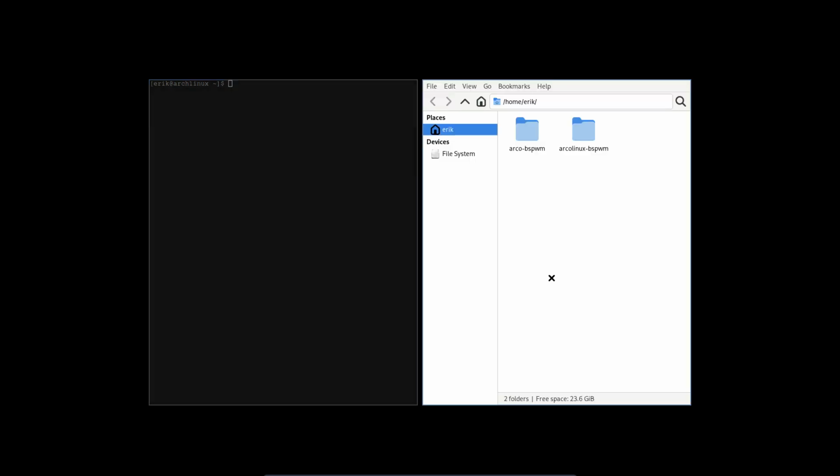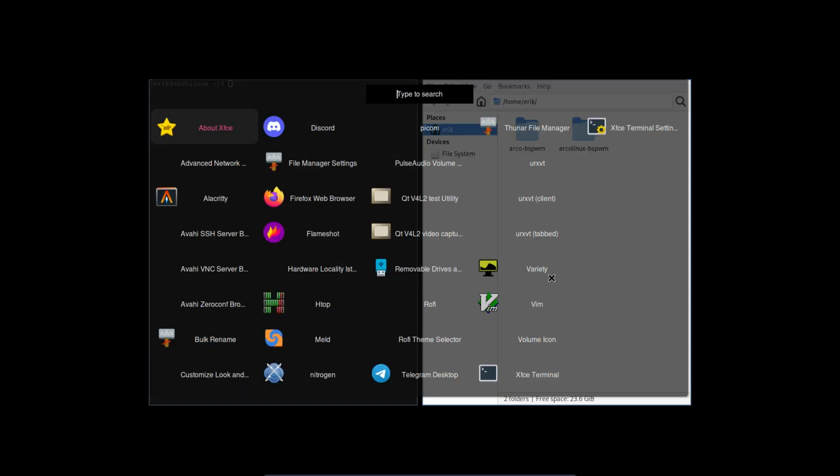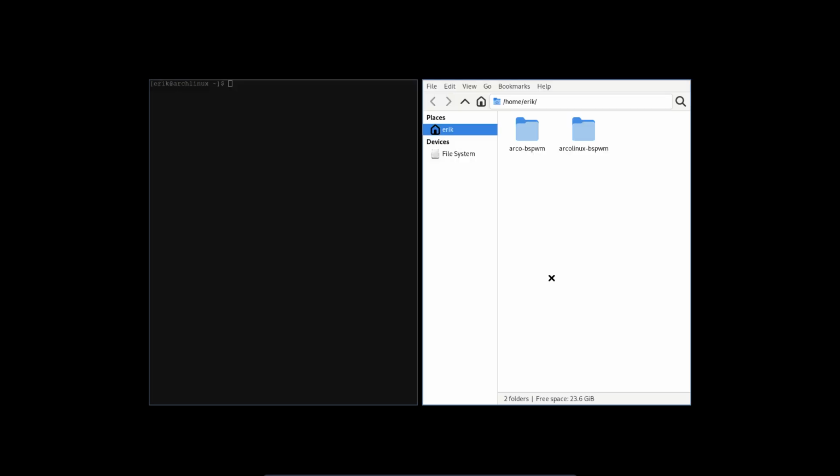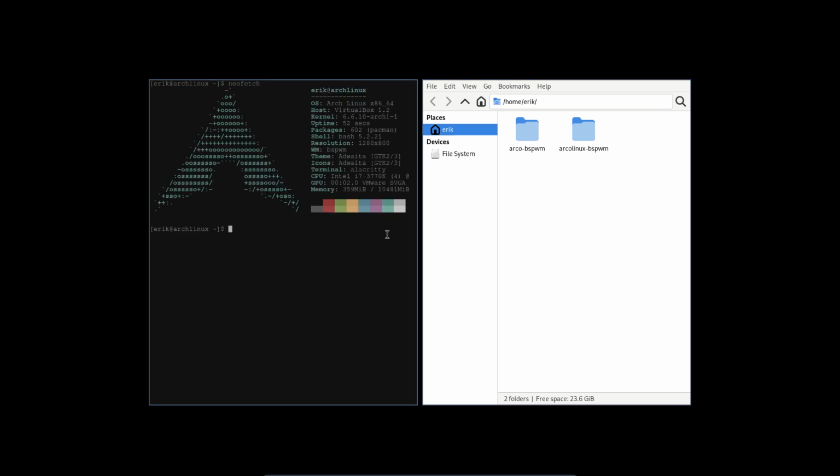Super Enter is this. Alacritty, we've got it, and Control Shift Enter is this. Then Super Shift D, cool, and Super D, also cool. So these things work already, and we're missing still a few things, right? So neofetch is something that we used to begin with. Now sudo pacman -S